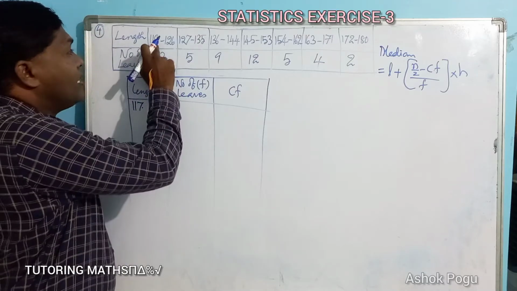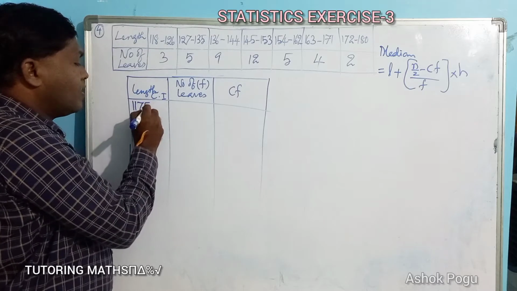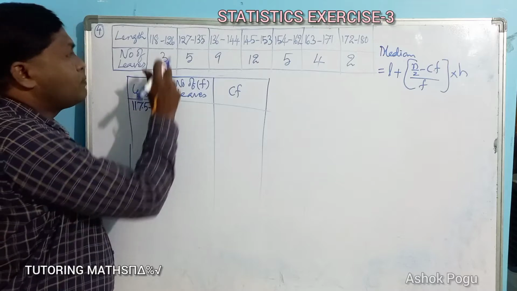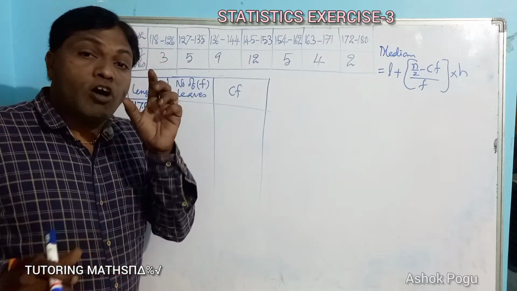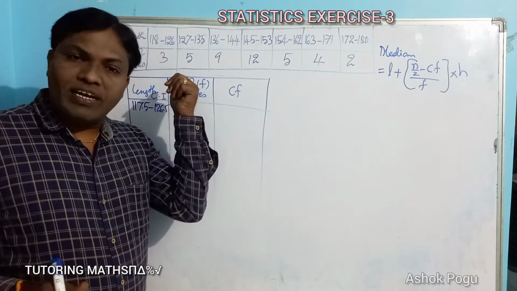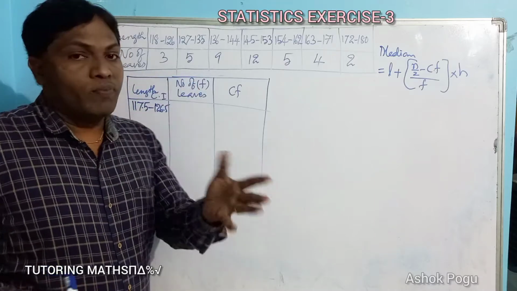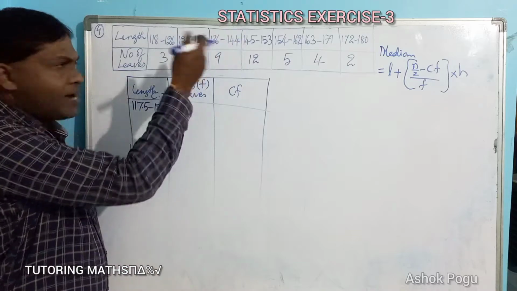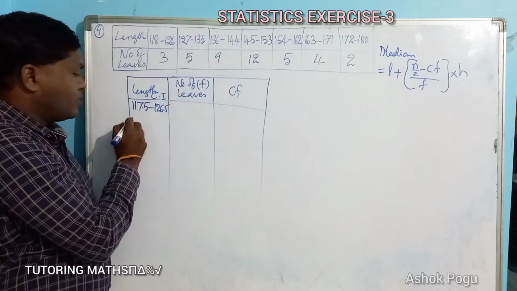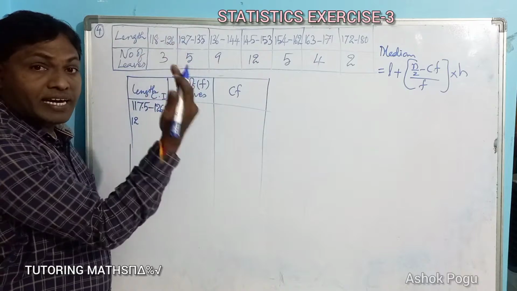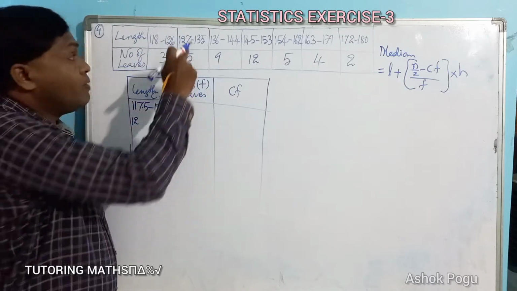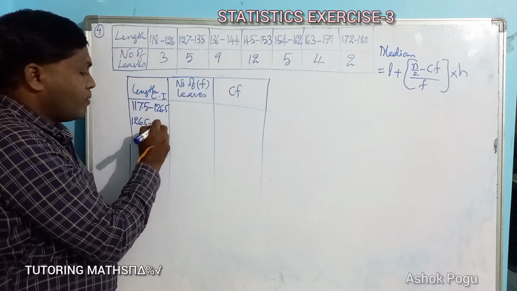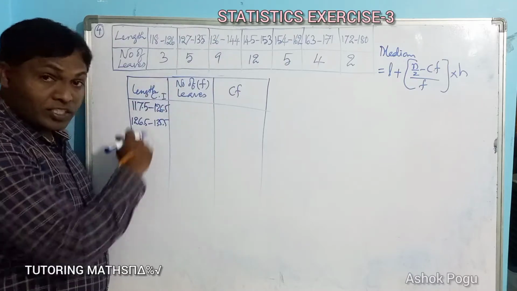So you can take 0.5 less than 118. So we get 117.5 to 126.5, because the upper boundary is always greater than the given limit, 0.5 more than 126. In the same manner, now you get continuation. For the left side limit, the lower boundary, 0.5 should be less. So we get 126.5 to 135.5. Next continuation, you get a chain now.